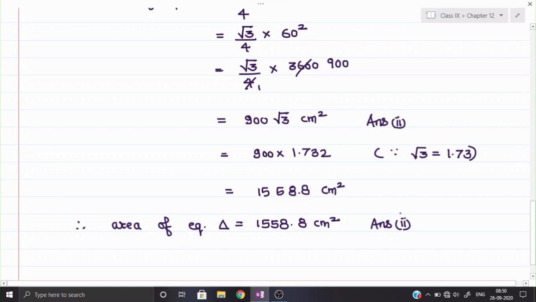Okay, so this complete the exercise 12.1. All 6 questions we have completed in 2 sessions. Now next time we shall take the questions of 12.2. In 12.2 we will not cover up the questions of area of quadrilateral, because it is mentioned to cover as per the new syllabus only the question of area of triangle based upon Heron's formula.